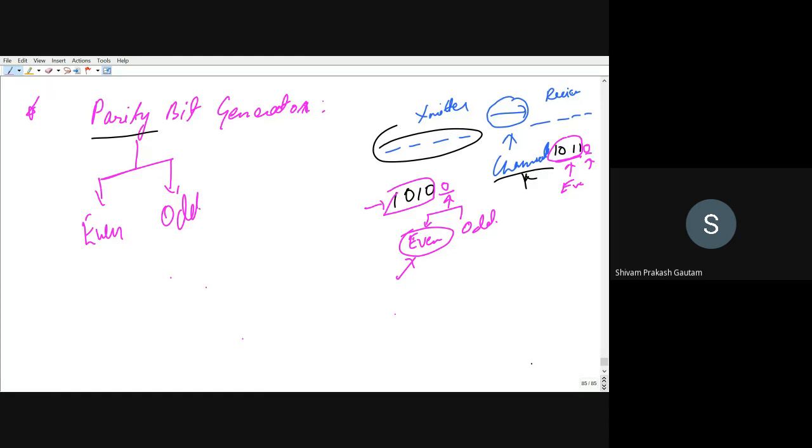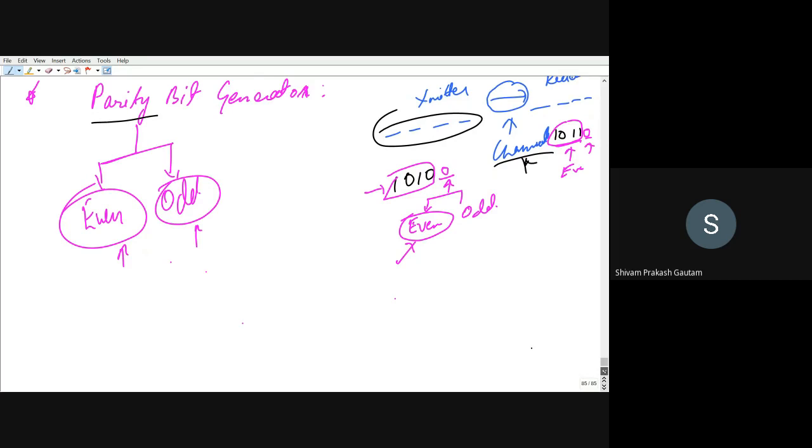Now we will see how we can develop a logic, a circuit, which can give us an even parity output and an odd parity output as well. First we will see even parity, then we will also see odd parity. Both of them are quite similar, so we will try to cover both of them. First is the even parity bit generator